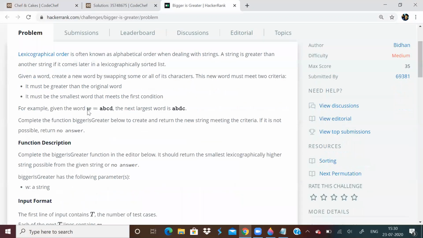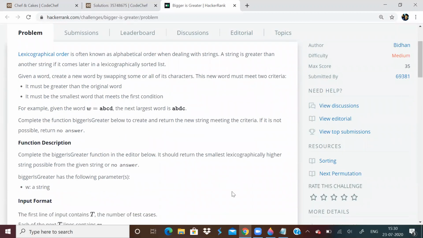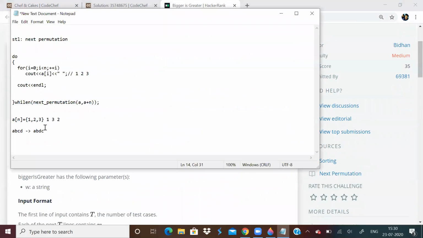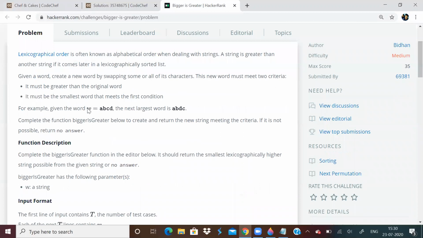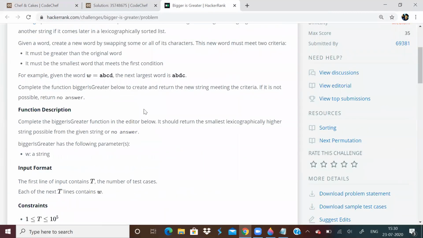Another question like that is on HackerRank, wherein, as I gave the example of this string, because this question is based on that only. We'll be given a word and we have to find the lexicographically greater word, the next largest word, in short.